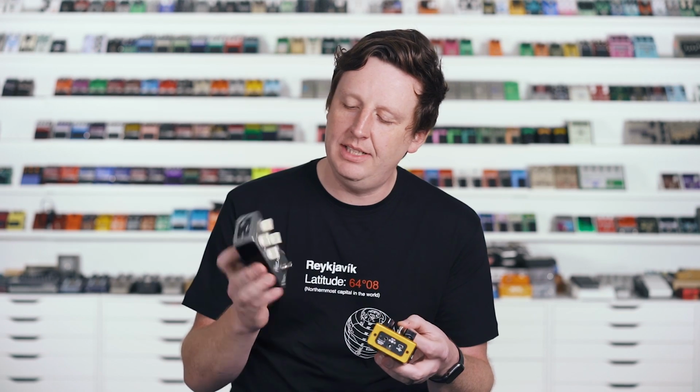It sounds really good. And the Source Audio True Spring Reverb. This is my absolute favorite spring reverb pedal out there on the market. So you'll see this on pretty much every clip, and then the other pedal will be on a few of the clips. Let's go for it. The first guitar I want to show you is the guitar that I've